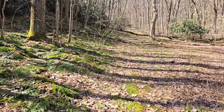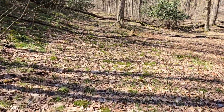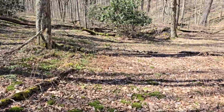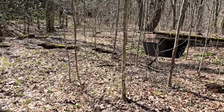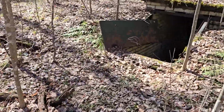But while I'm out here, let me go over to this area that we're almost at and just explain to you the area that I'm in, because this is actually a pretty cool and interesting story behind this spot up here. You see this little building that just sunk down to the ground here in the middle of the woods. This is actually where,